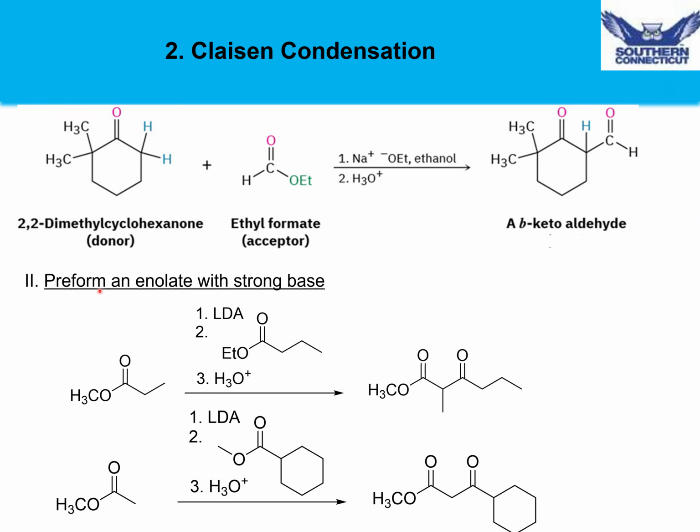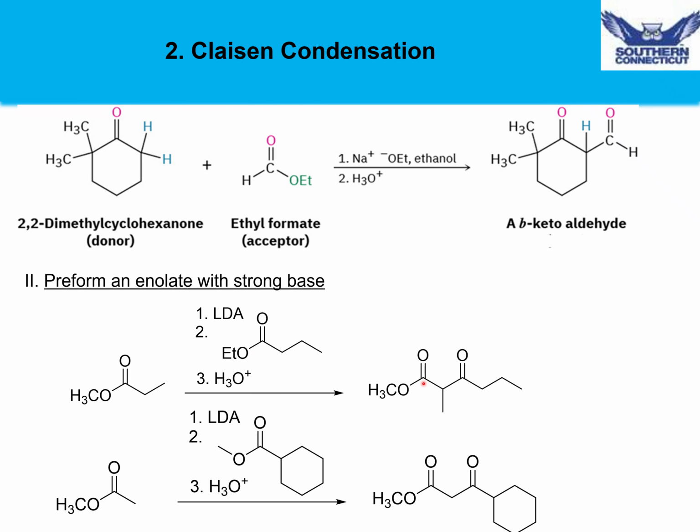A second strategy that we can use to ensure that the Claisen reaction goes smoothly is to preform an enolate from one of the esters. That would ensure that one partner is the only one that forms the enolate, and then add in a second ester to act as electrophile. So in this example, we're using an ester, we're adding LDA to form an enolate on the alpha carbon, and then that enolate will attack the ester we add in the second step, eliminate the leaving group, and form a